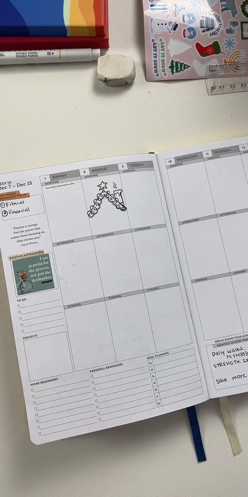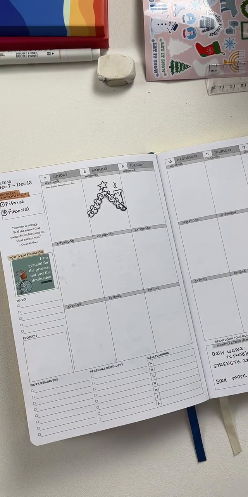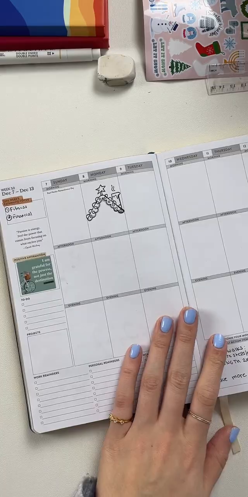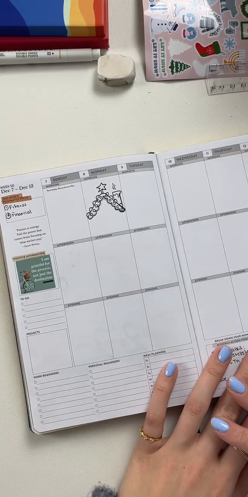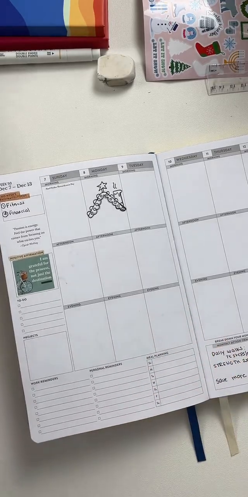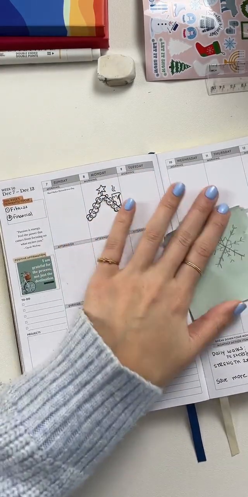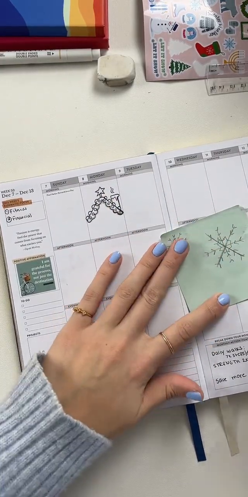Wait, I love that idea, Cindy. What was it? I welcome the magic of the season and let it fill my heart with peace. Wait, that's beautiful. Hold on one second. I'm so adding that somewhere to this spread, if you don't mind.